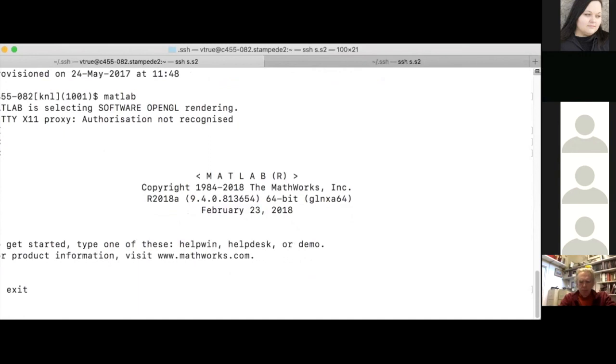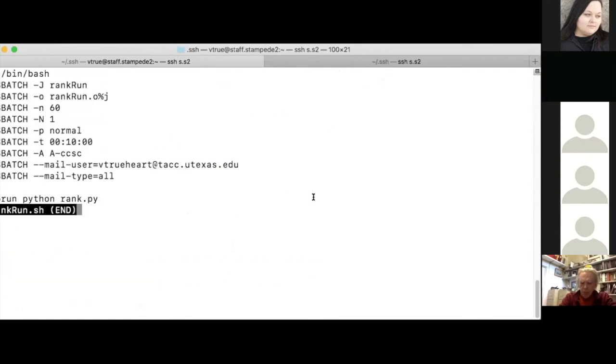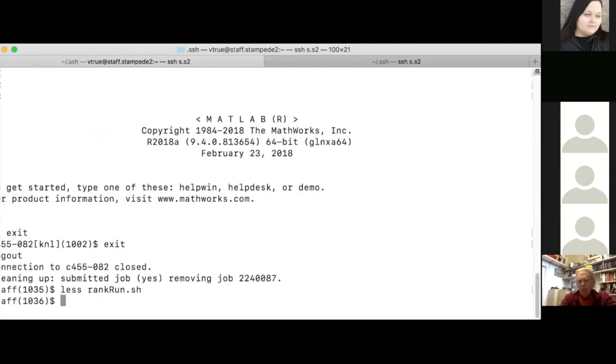But to run it in a batch job, say you need to run something in parallel, we'll go back to this job file. In that case, instead of saying Python rank pi, you would change all of this to MATLAB and then the MATLAB input file that you want to use. And then you could submit that remotely with SBatch. You wouldn't need to run interactively.